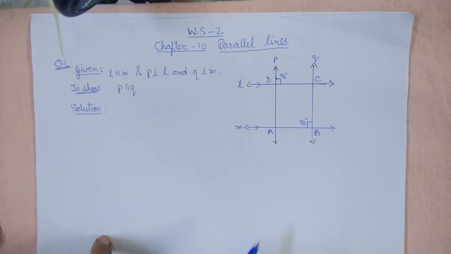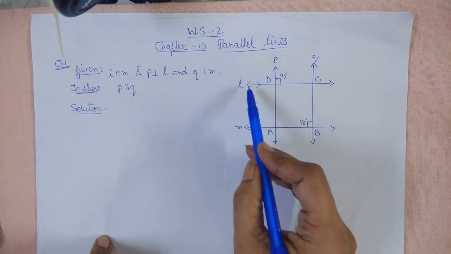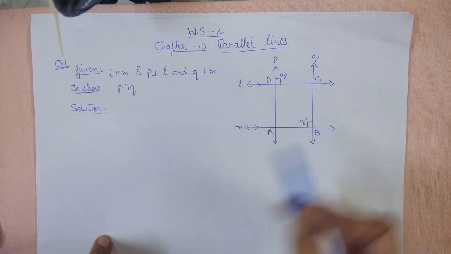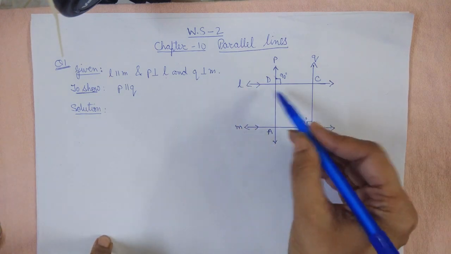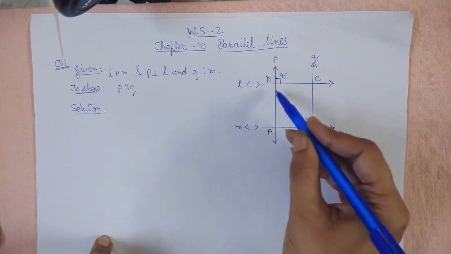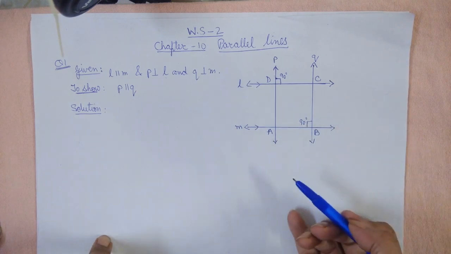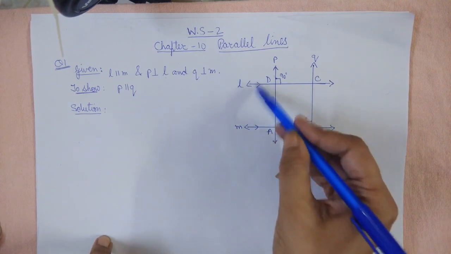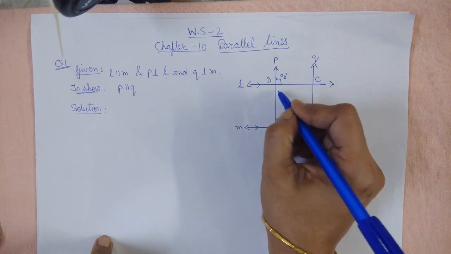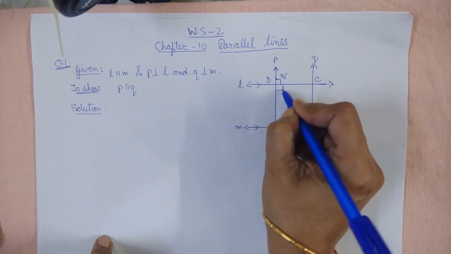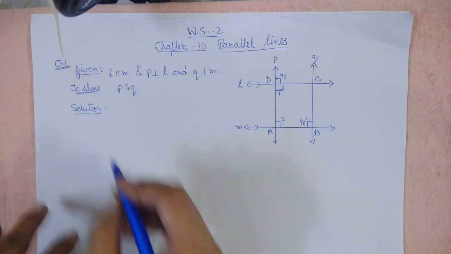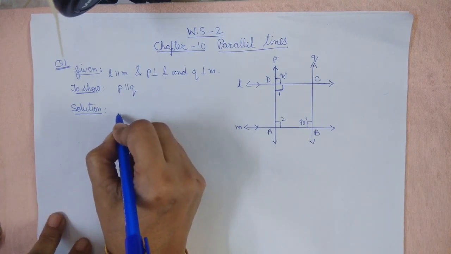Let's go for the question. Now, it is given L parallel M. Since L parallel M, therefore the corresponding angles, or the alternate interior angles, or the co-interior angle sum will be 180 degree, which is related to line L and M. Okay, so we will take this angle as 1 and this angle as 2. Now let's go for the solution.